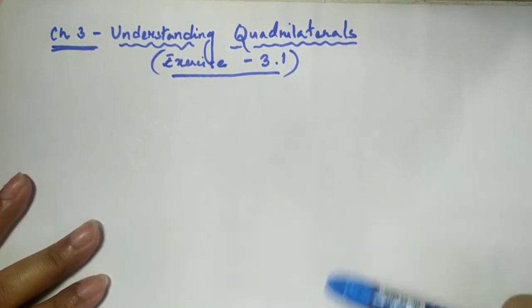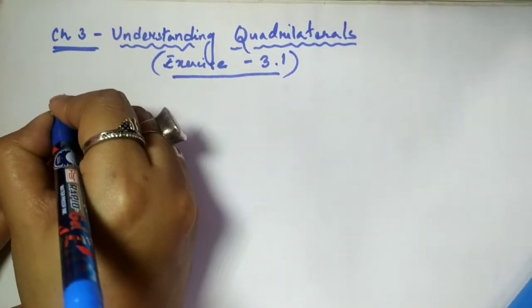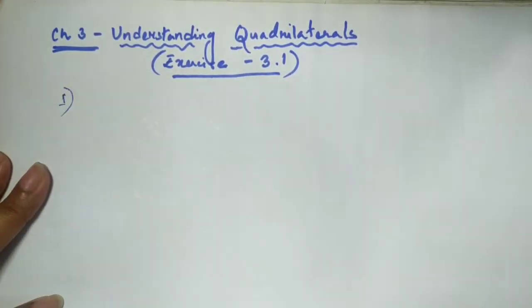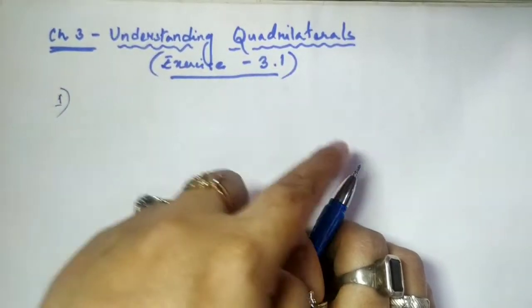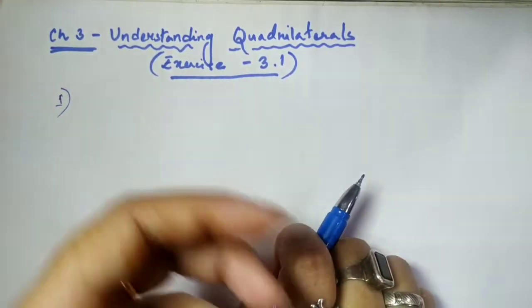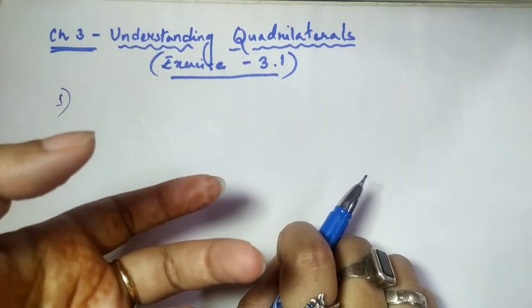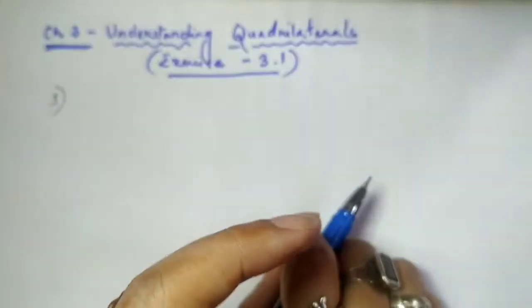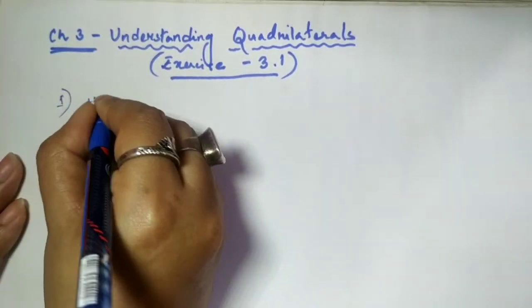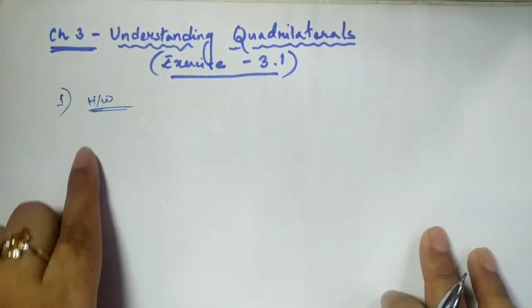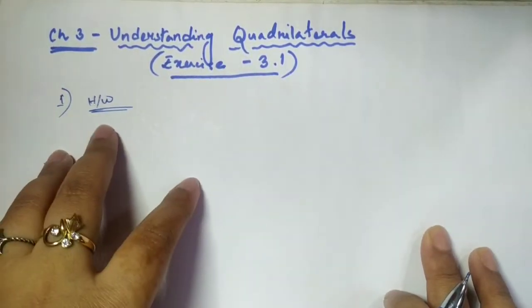In our first question of exercise 3.1, you will see that some figures are given and you have to classify each one of them on the basis of the given category. So you will have to try this by yourself. You will draw the given figure as given in the question, and then on the side you can put an arrow mark and write down which type of category it belongs to, whether it's a concave polygon, it's closed, it's open, all of these different types as mentioned in the question. So for question number 1, please draw the diagrams with pencil and scale and write down the category on the side. This will be your homework.